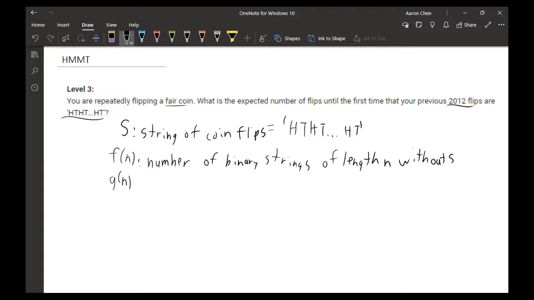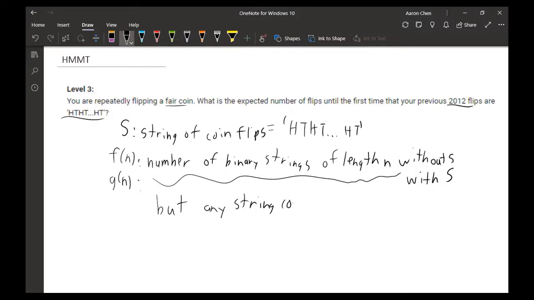And then for the other function, g of n, we let it be almost the same, of length n, but now with s, with the additional constraints that